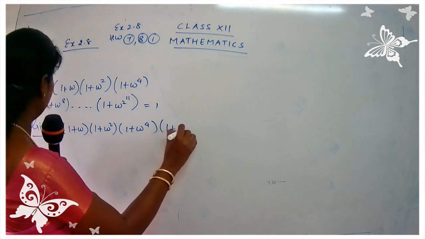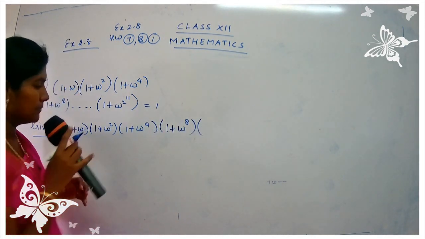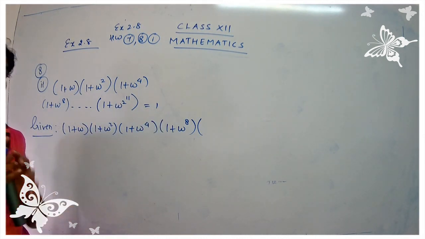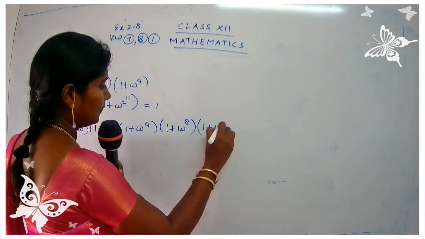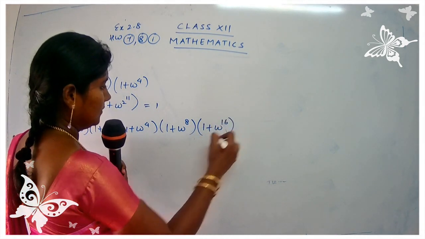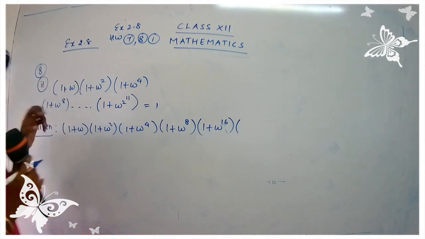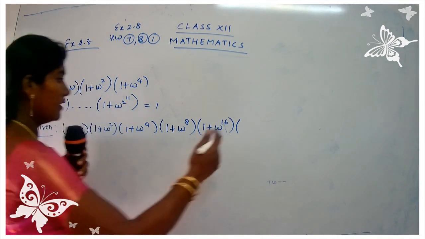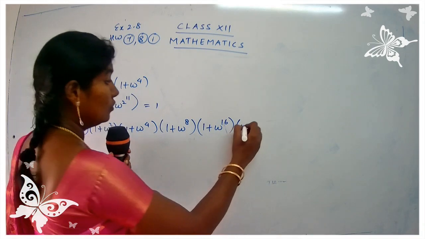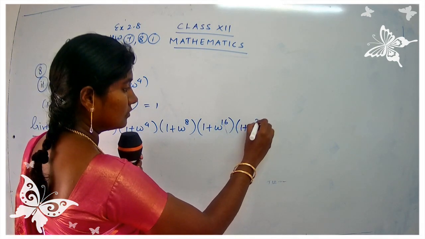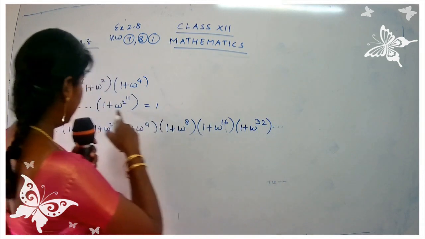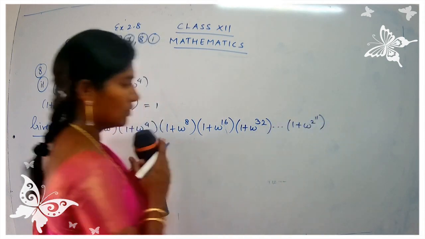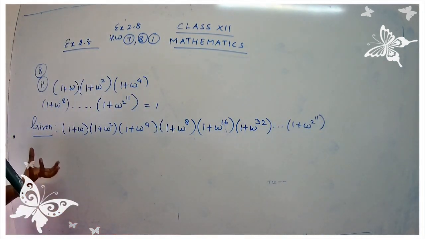So omega raised to 8. What will the next number be, children? You have 1, here 2, double of 2 is 4, double of 4 is 8, double of 8 is 16. Next number: you have totally 1, 2, 3, it goes till the power 2 raised to 11. So just write down one more number. What will be the next number? Omega raised to double of 16, that is 32, and it goes till (1 plus omega square) raised to 11, that's all. I've just added 2 more values, that's all.